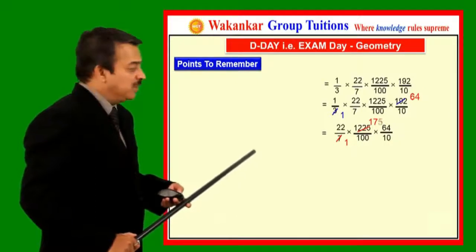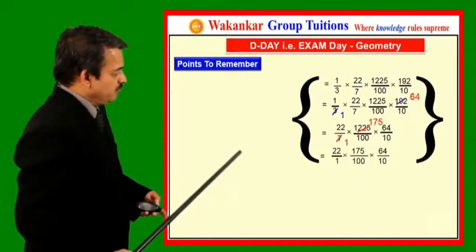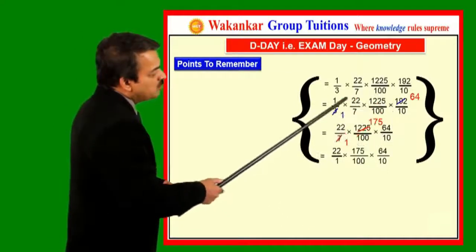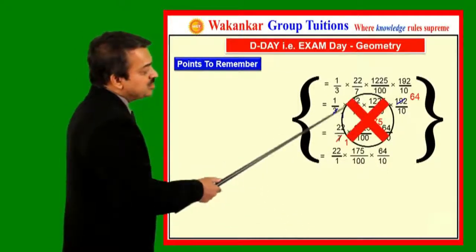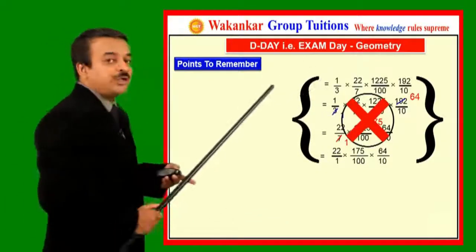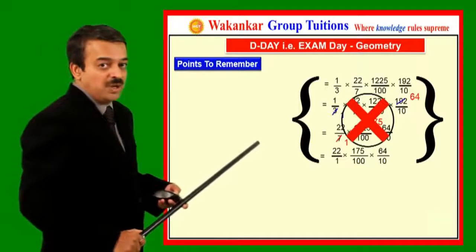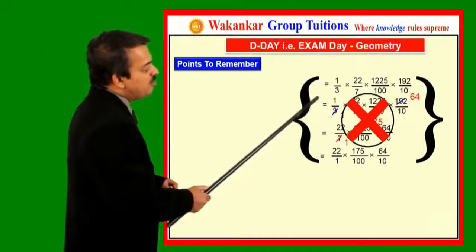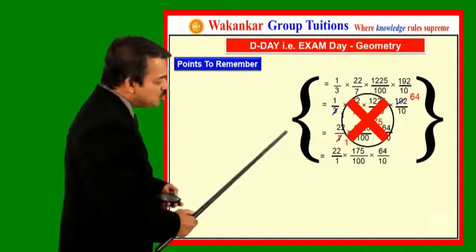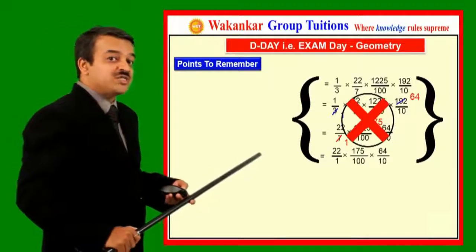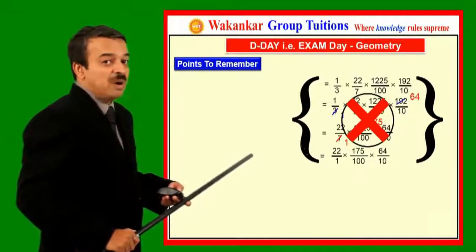So as far as possible, this is your last step. So this is what I am saying, that don't try to solve the examples or your calculations in this way. Again repeating, this is not at all mathematically wrong. But as discussed earlier, if you commit a mistake in this step, obviously this will be on the next line, so also on the next line, so on and so forth. So there are chances that you will lose maximum marks.